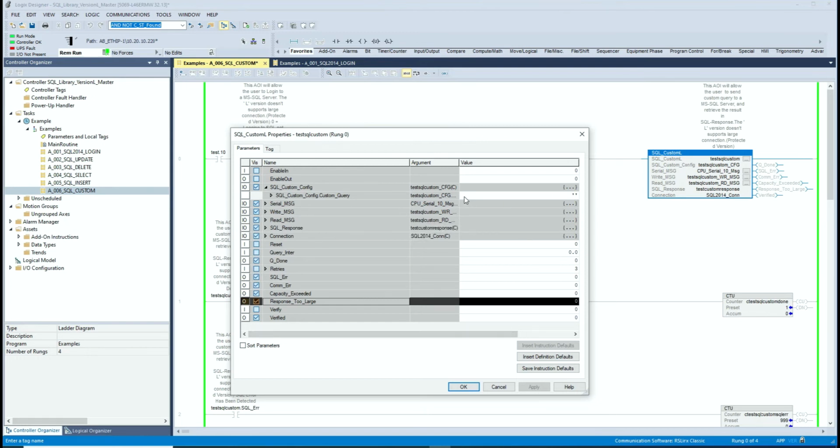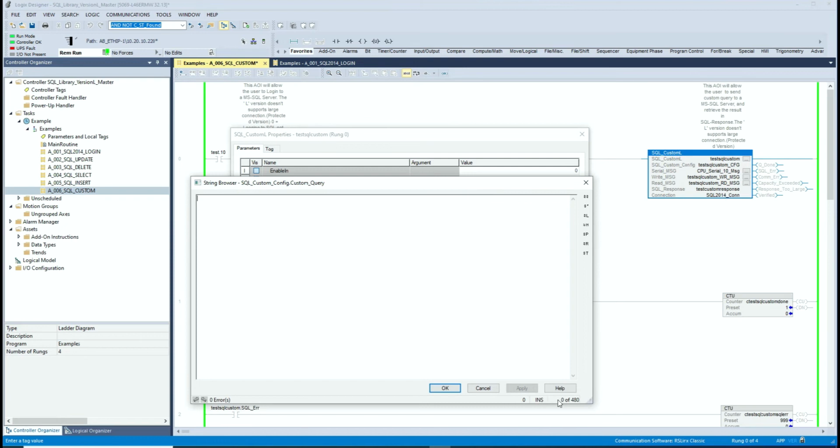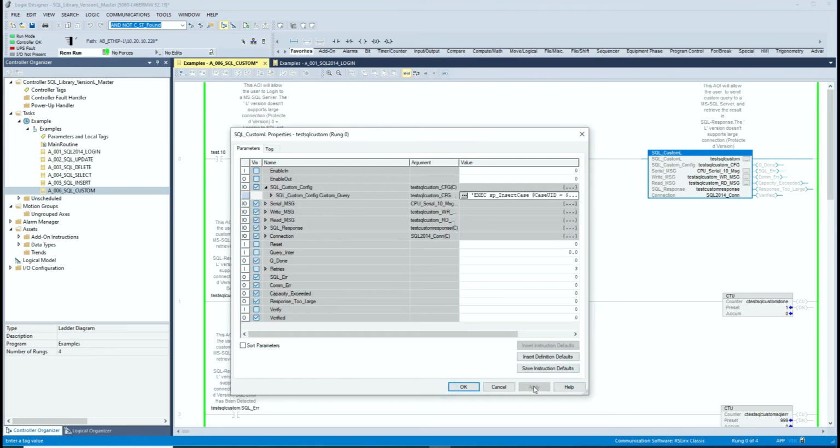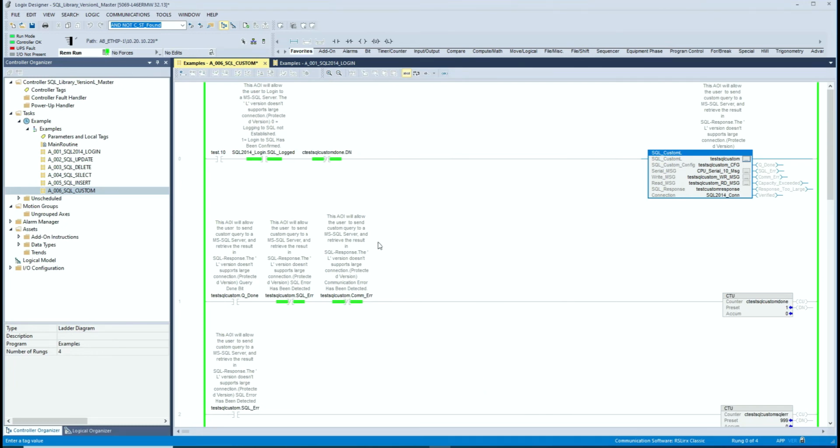So for example, if I throw a query like this, it will most likely be no problem, because this query only has 350 characters and I have up to 480, so I'm golden. I'm good to go. So I can click OK, and then let's try to execute this. It's going to try to execute it, and when it did that,